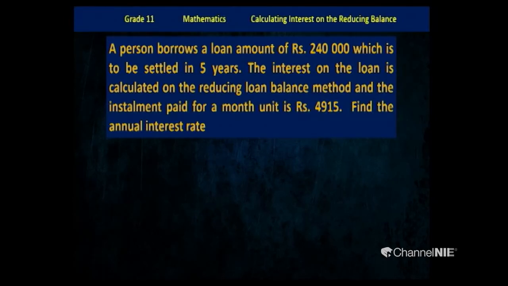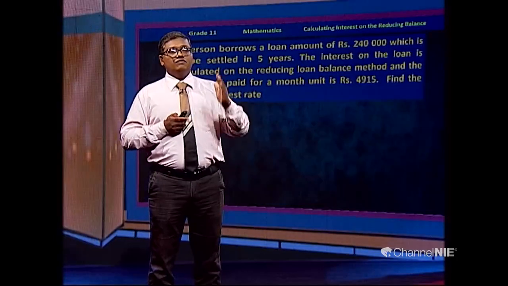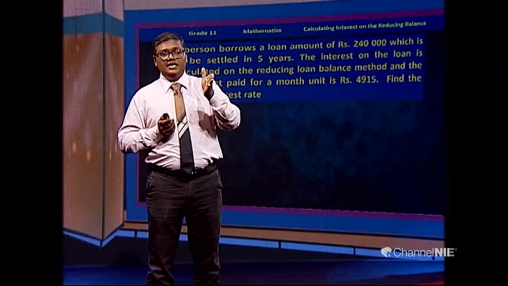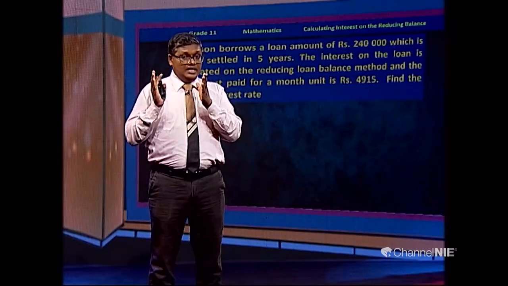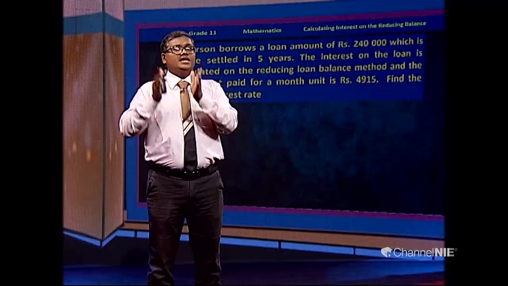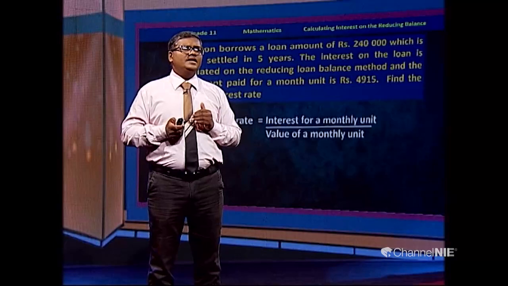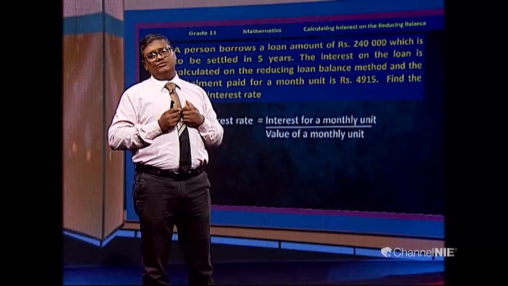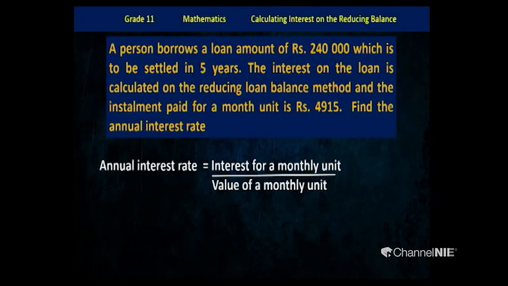We can again freshly get into the question. We know the loan amount, we know the time period, we know the reducing balance method is applied, and we know the value of a monthly installment. Earlier also I told you to be careful about the word installment. Installment means loan portion plus interest, that is 4,950. Then annual interest rate. Without getting the x letter, I will propose a formula to find annual interest rate.